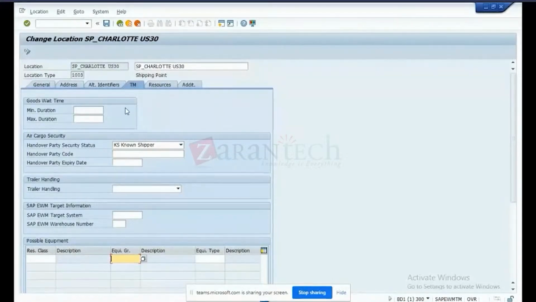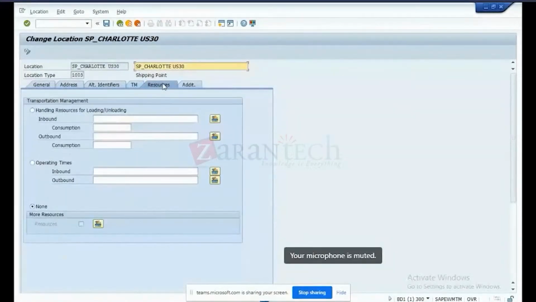Okay. And the last part here is the resources. Resource is again a specific transaction, a separate transaction within TM, based on which you can actually decide which resources are going to be used for which transportation process. So if you see here,